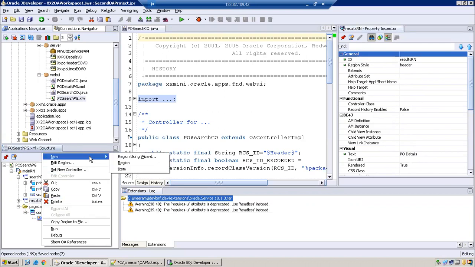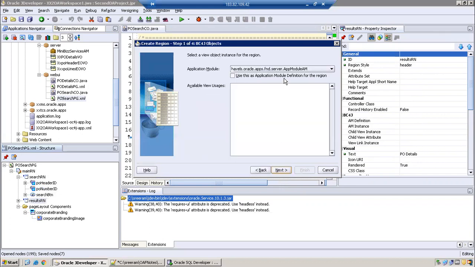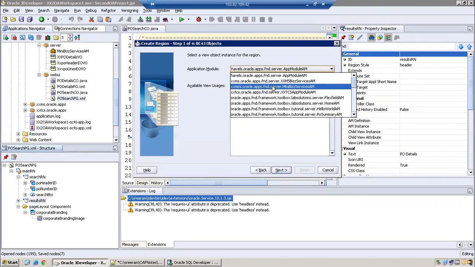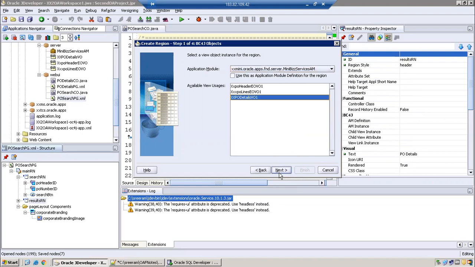Now in the results region, one important thing: last time we discussed the table region, but we want to use the advanced table region in this particular scenario. The basic reason is there is no difference; the advanced table region has some more extra properties compared to the table region, but the functionality is the same. One drawback is, if you observe, let us say new region using a wizard, click next, select the VO XX mini, VO details.